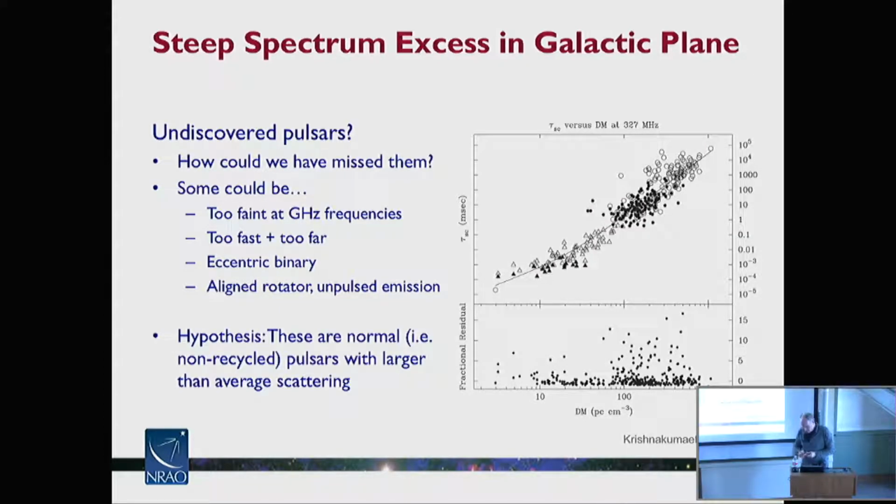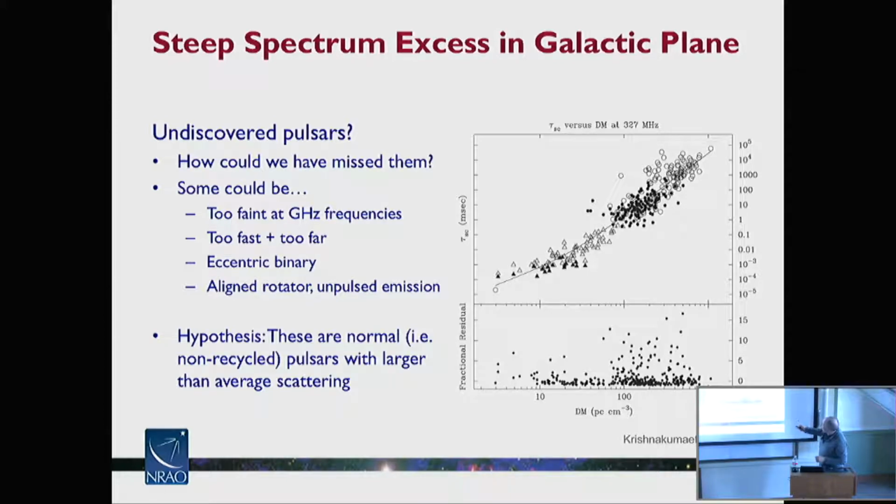So I've got an idea of what it might be, and I'm just happy to talk to people who are experts on this. But you can take the known pulsars and plot their scattering properties. This is the temporal broadening of the pulse profile as a function of dispersion measure, which, as you know, is probably the ionized gas content. It's a column density, and so it's a rough measure of distance.